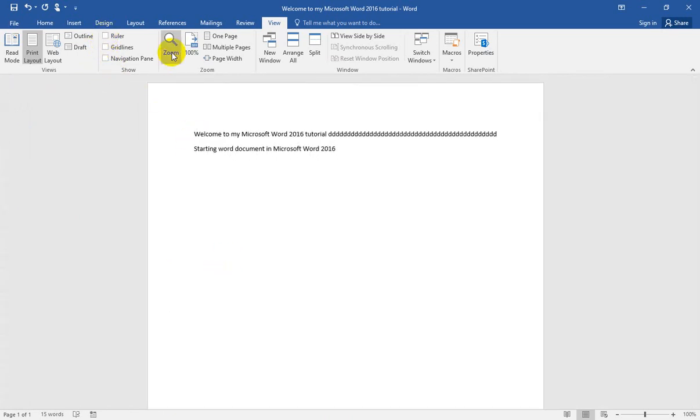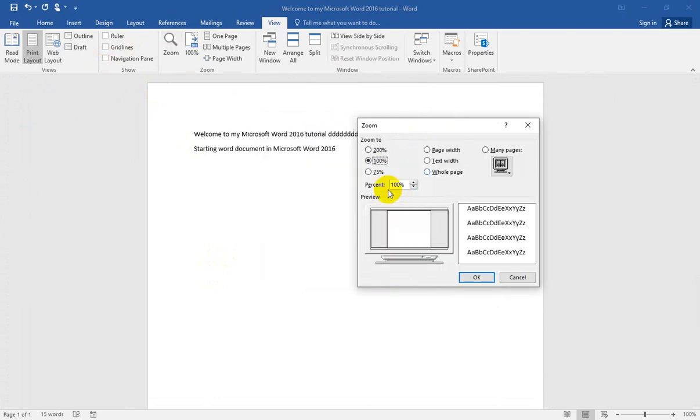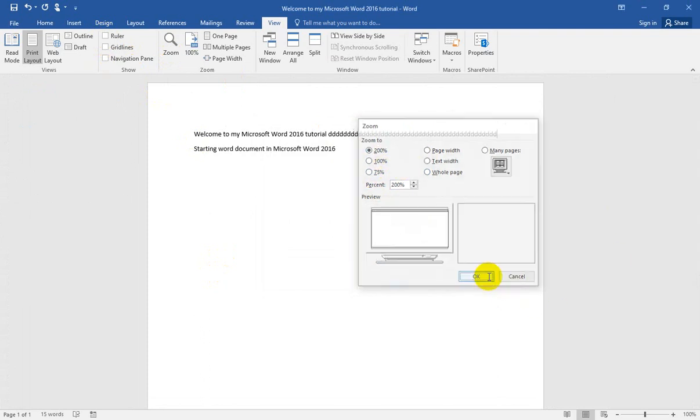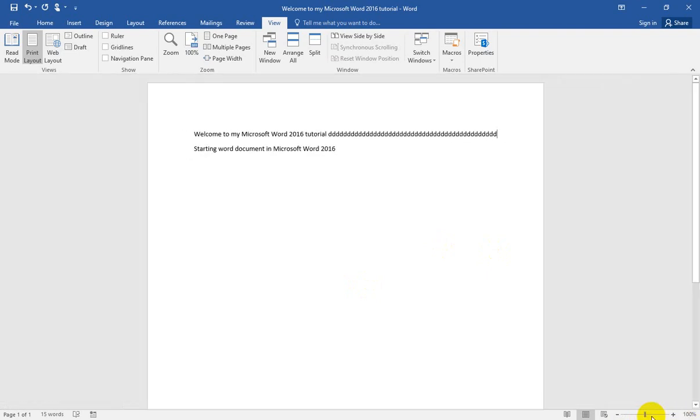Next option is zoom. How could we zoom into it? We can click on zoom and it will ask how much zoom we want. If I click on 200% and click OK, as you have seen, the zoom is increasing. We can do it here as well. If you look at this bar, it is right now showing 200%. If we reduce it to 100%, then